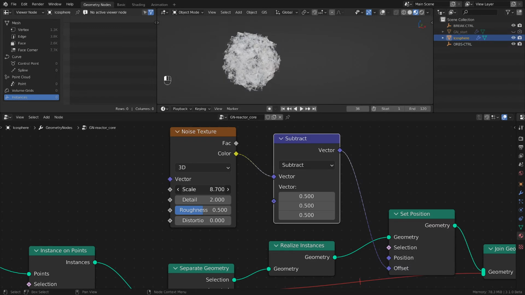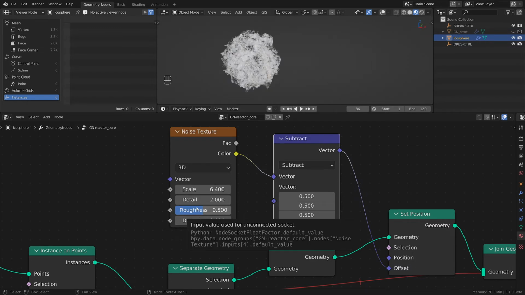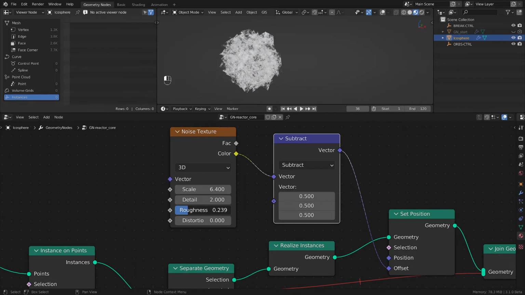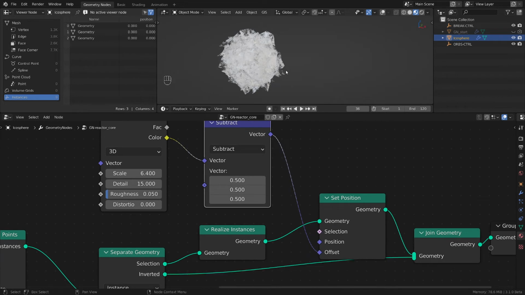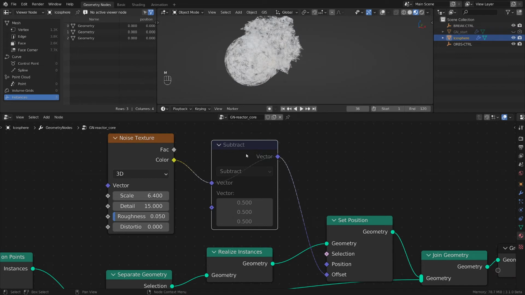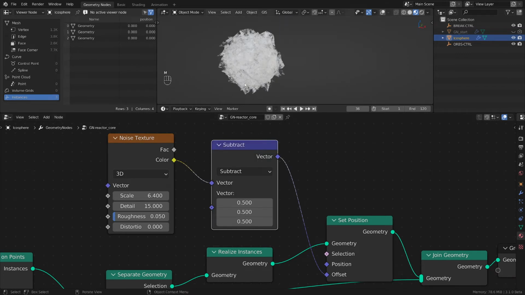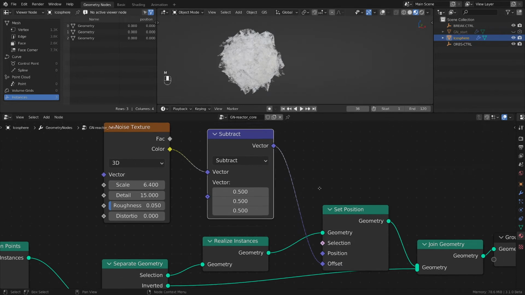So now we can play with these values to get something interesting, and you can play as much as you want with this to get whatever result you want. Awesome. So now if we activate this, as you can see, we get this result. Without this node, we get the geometry moving away, but with this node, it stays in place and it's deformed